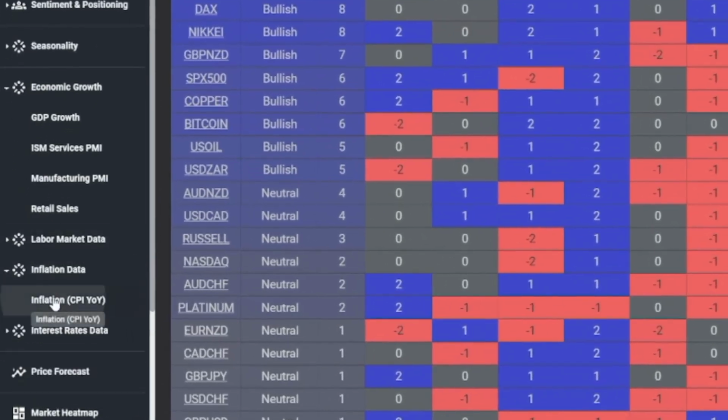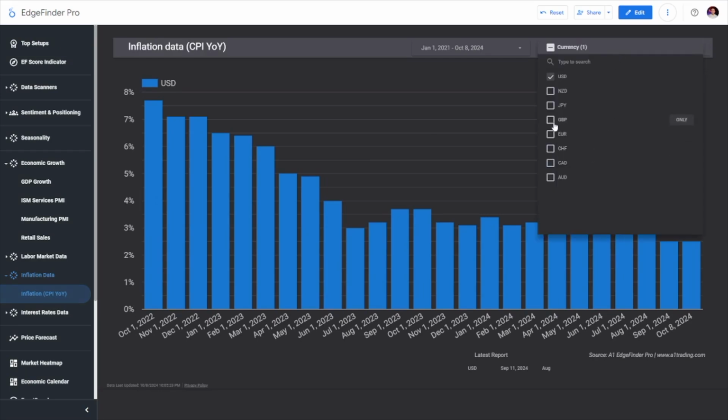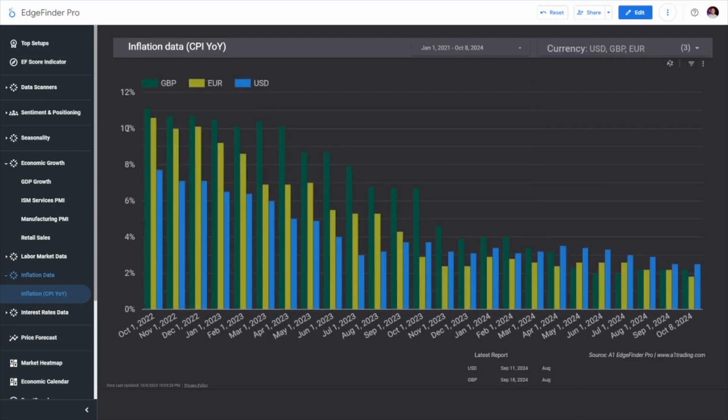And to keep this really simple, the EdgeFinder is looking at the inflation chart here for each respective economy. And the cool thing here, by the way, is you can actually add in each one and compare them just to make your analysis a little simpler. So if you want to look at inflation of Europe, UK versus US, you've got all of that selectable here on your chart. Now, the scoring of inflation is probably the most complicated scoring within the EdgeFinder's algorithm because inflation is a tricky and complex subject to try and map out. So I'm not going to be able to go in full detail in this video on how this is functioning,